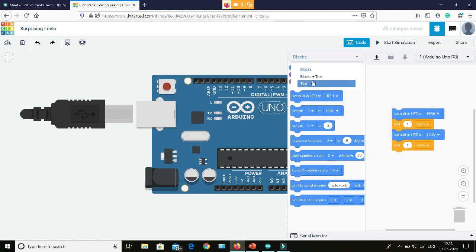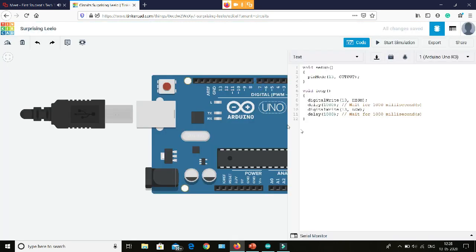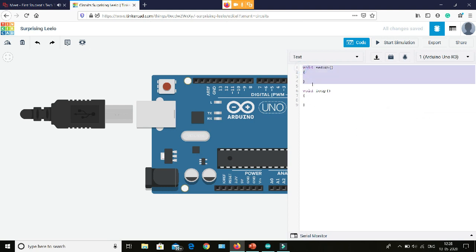First of all, I will give you an overview of the coding part. We have the void setup function, and then we have the void loop function. The void setup function runs only once in the Arduino. Whenever an Arduino is plugged into power or the reset button is pressed, the setup function runs.